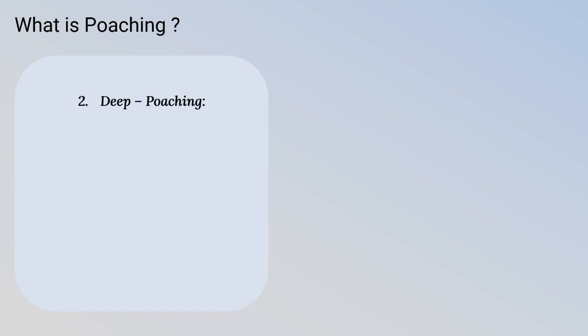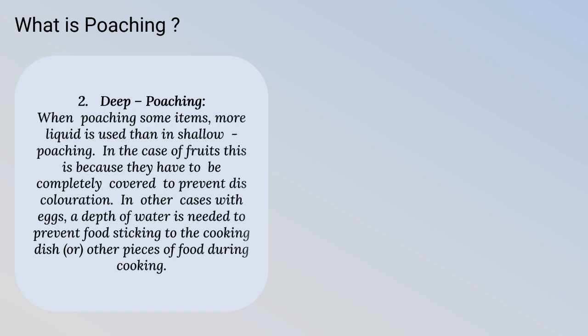Another one, obviously, is deep poaching. When poaching some items, more liquid is used than in shallow poaching. In the case of fruits, this is because they have to be completely covered to prevent discoloration. Suppose we are poaching a fruit. Obviously, that has to be completely covered with the liquid. Otherwise, what will happen? The part which is above the liquid will be discolored very soon,